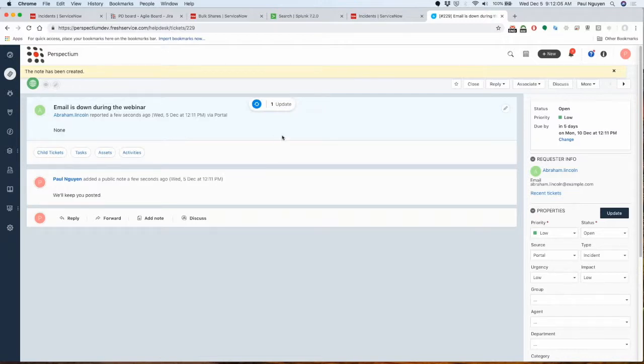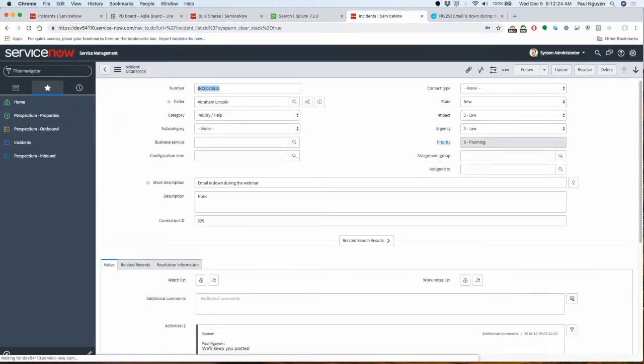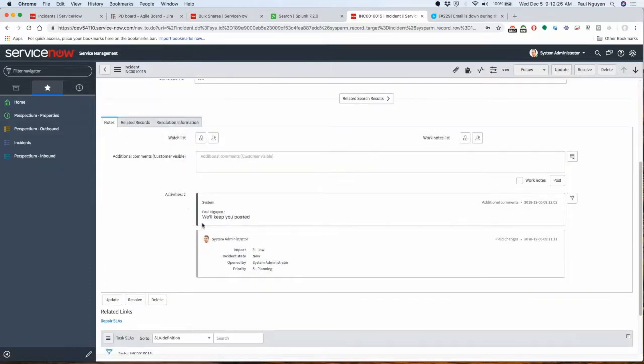And that was a beep from Freshservice letting me know I entered something. So after we enter that, we'll give it a second to come over to this side. And as you can see right here, I responded because I'm logged in as myself on the other system. We'll keep you posted. So that's the e-bonding back and forth nature between ServiceNow and Freshservice, and between